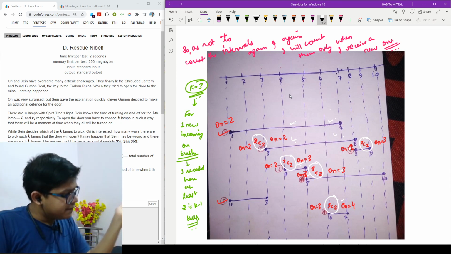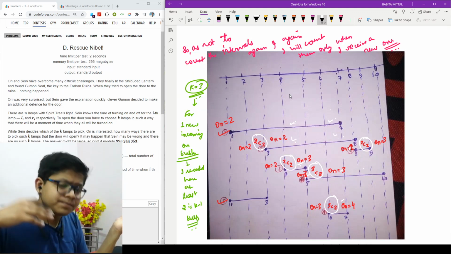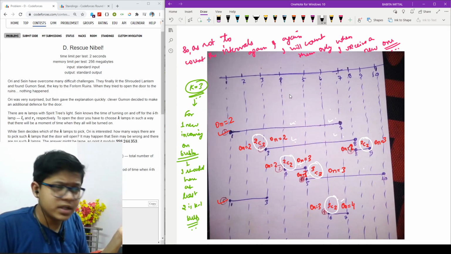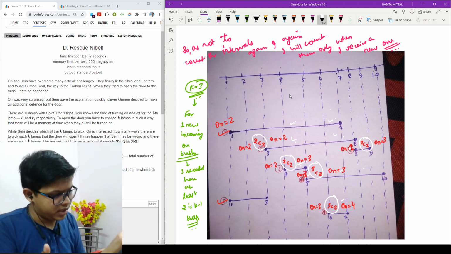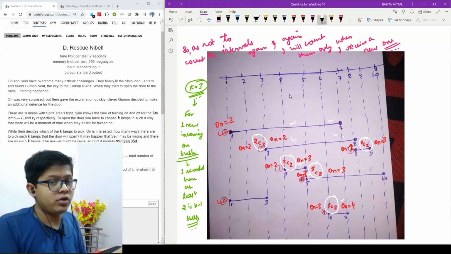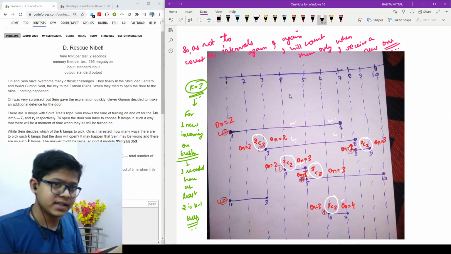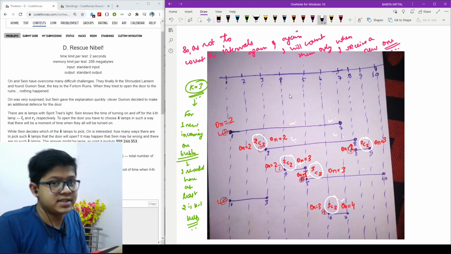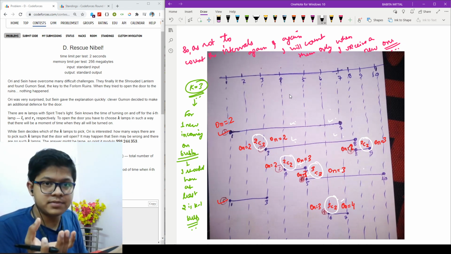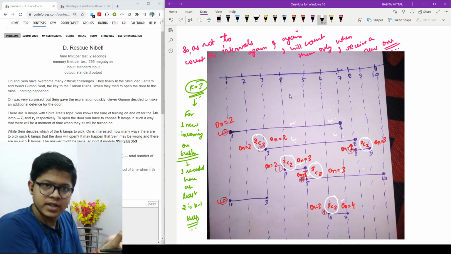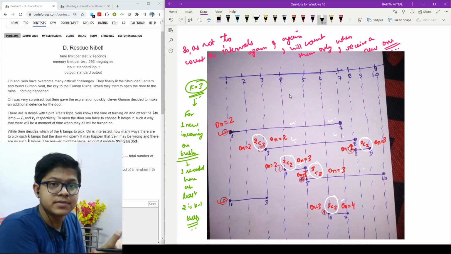As soon as I arrive at a new on bulb state, I need k minus 1 on bulb states out of those n, so I do nC(k minus 1), and as I have one new on bulb state, I add that bulb to it, so I now have k bulb states.